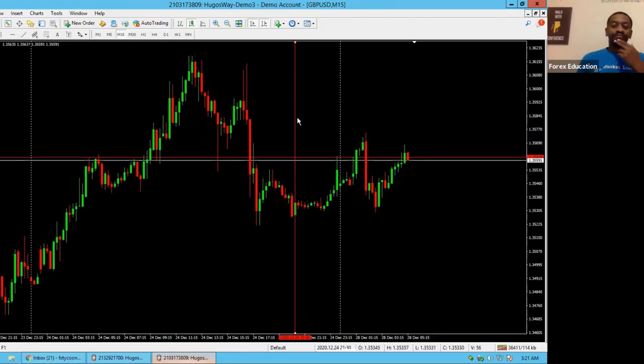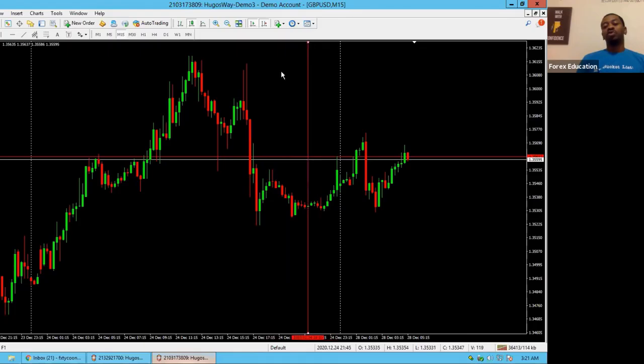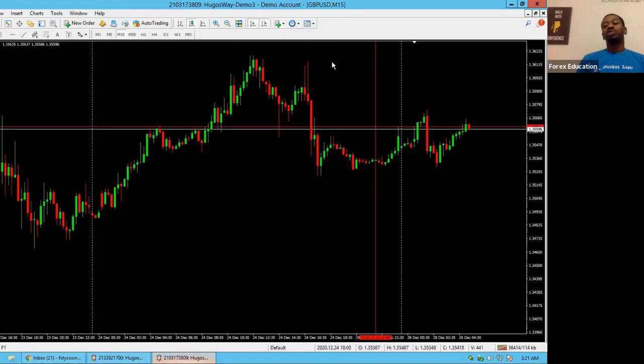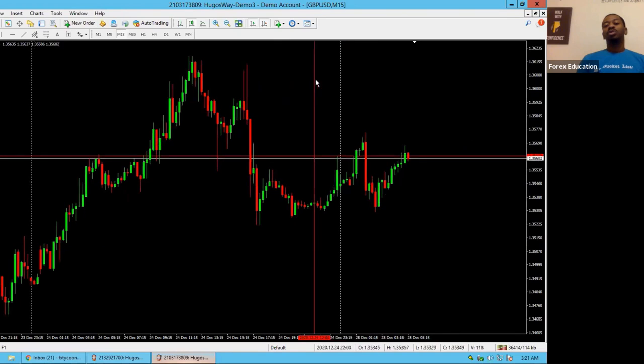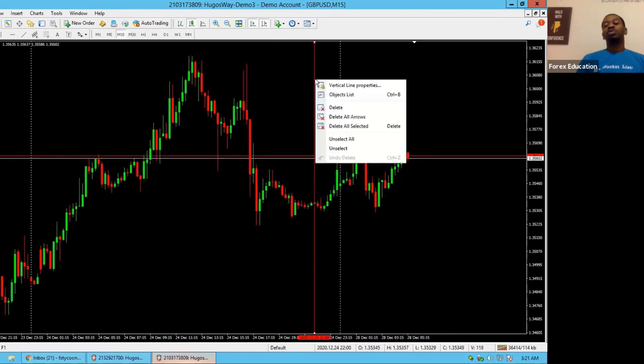All right. So this vertical line, if you want to change the color, you double click on it to make sure these white dots show on either end. When both dots show, it does allow you to do 2 things. It allows you to move it. You just click on it, hold it, and move it. When you double click it, you can't move it. But when you double click it again, to be able to move it,